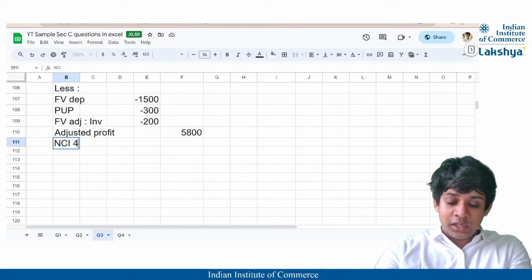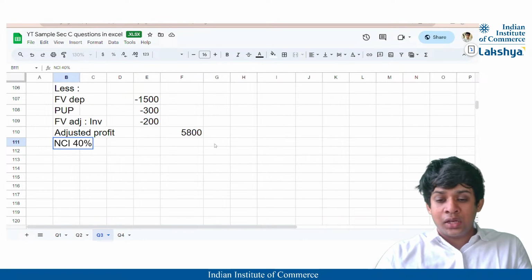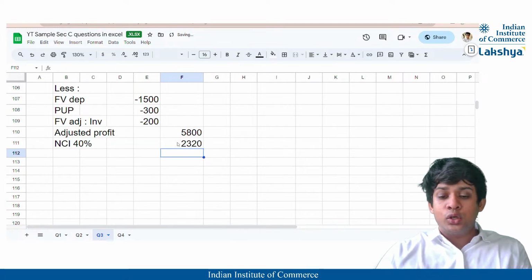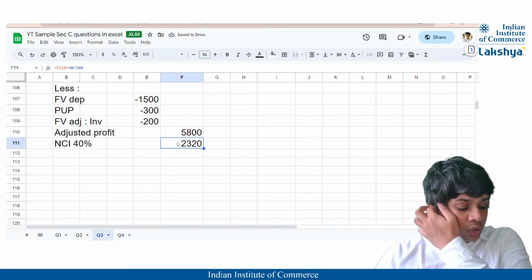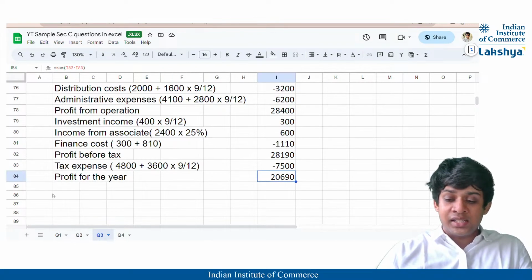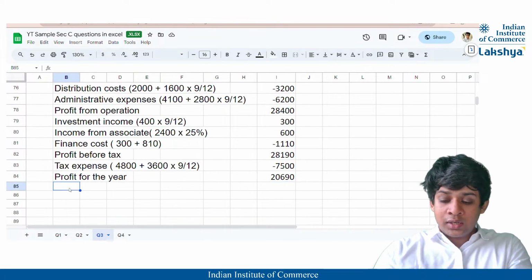How much is the NCI percentage? 40%, correct? So NCI 40% here. So 5,800 into 40% of the adjusted profit, we will get 2320, which is to be allocated to the NCI, right? And thus profit for the year is 2690. We will just take profit attributable